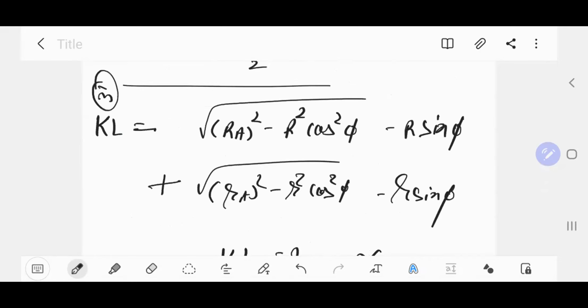We have the R, we have the phi. So what is the only thing missing? Missing only is RA and RA. And it is obvious that both have the same pitch circle radius. So small RA and capital RA will be the same. Done? Because we have the same size of gear.